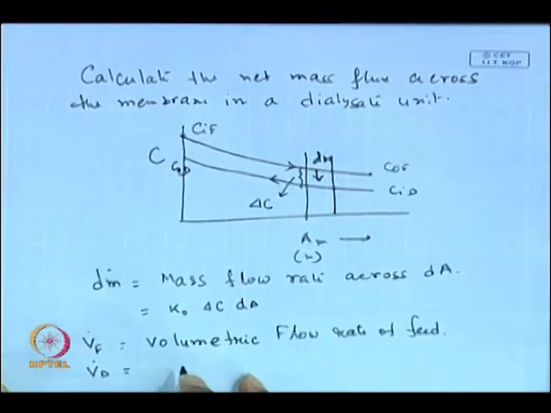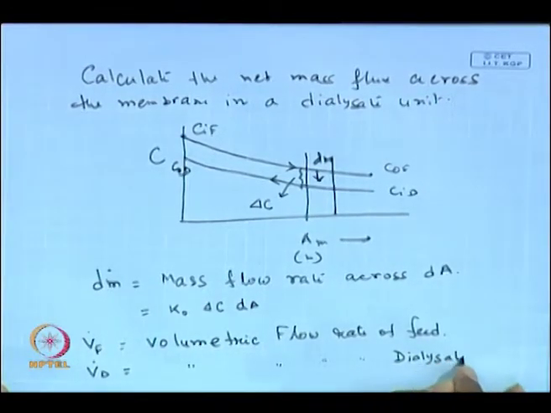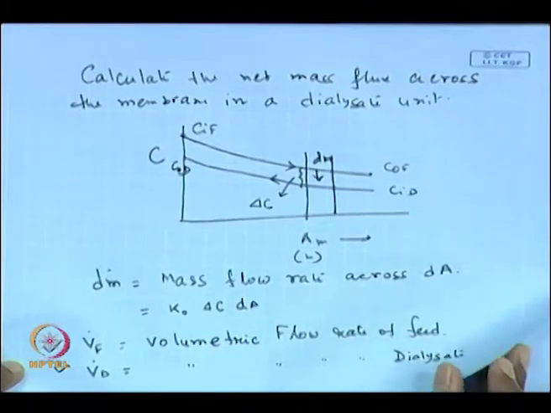And Vd dot is nothing but the volumetric flow rate of dialysate. Now, these two are basically the operating conditions. You are setting the value of volumetric flow rate on the feed side, and you are setting the value of volumetric flow rate on the dialysate side. Okay. So, therefore,